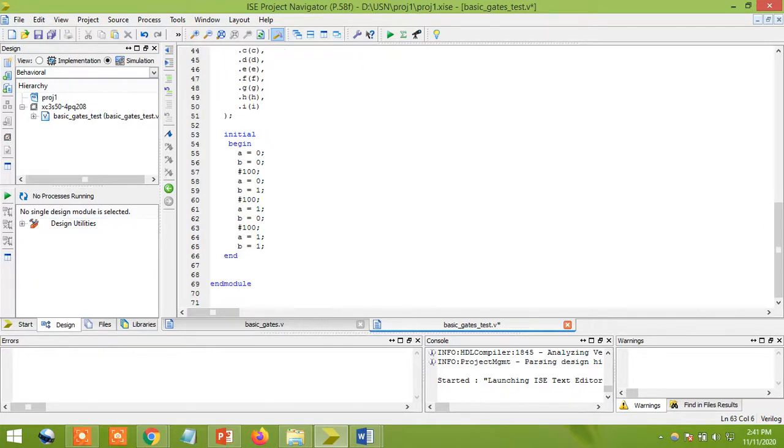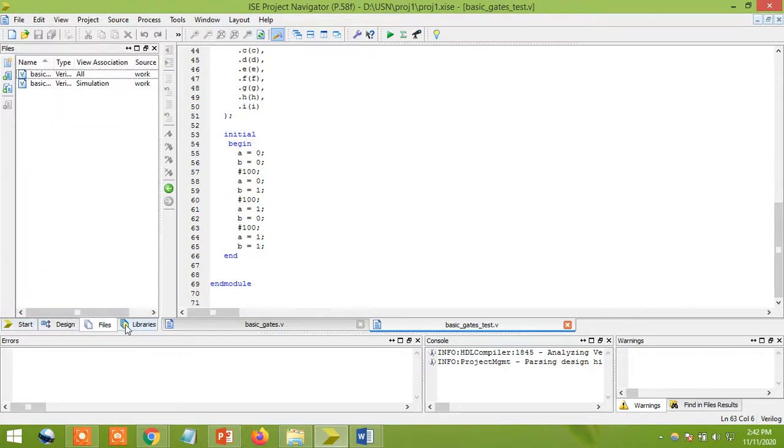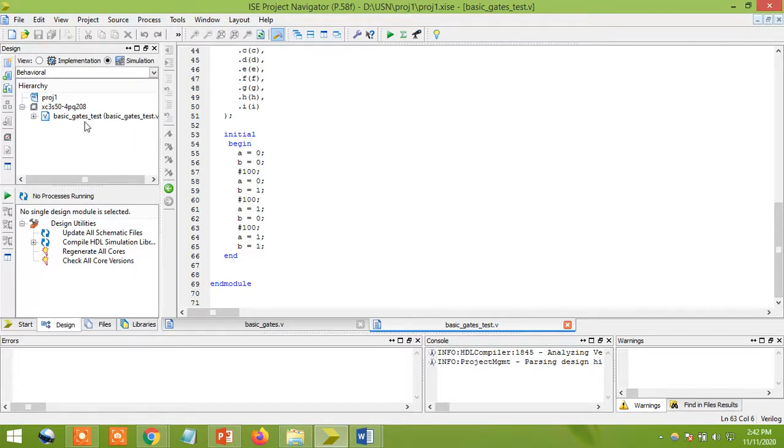Make sure of that. Next, after that you need to save. After saving, make sure you click on this project. Otherwise, if you click here, the simulation window will not open. Make sure the start window is in the design window, not the file or library view. Now click on this project.